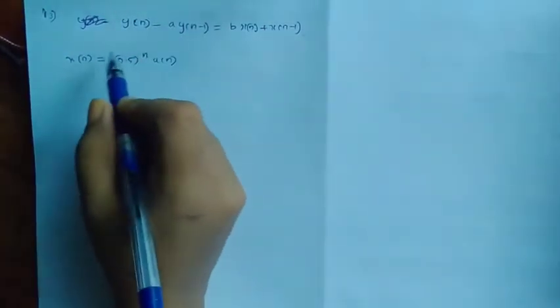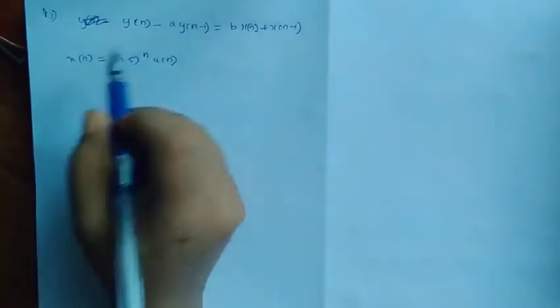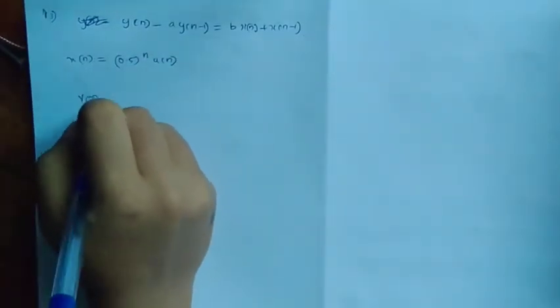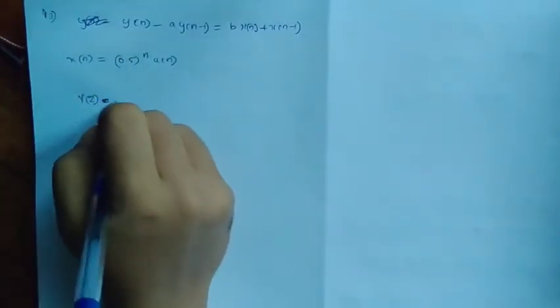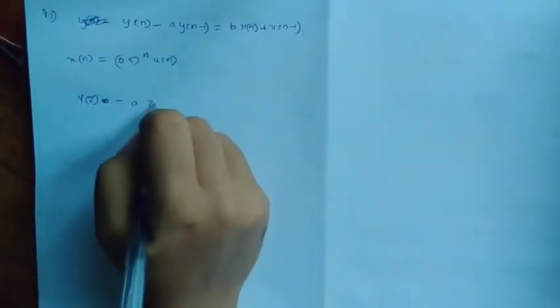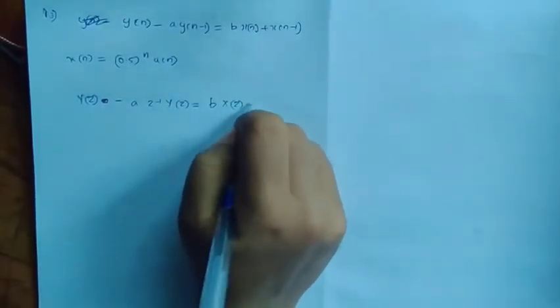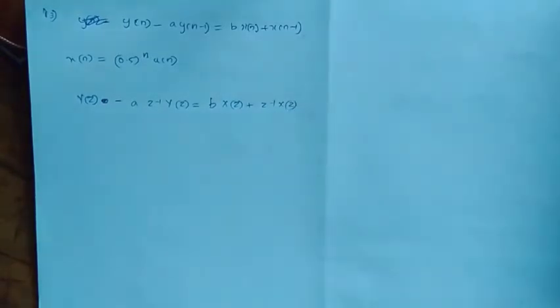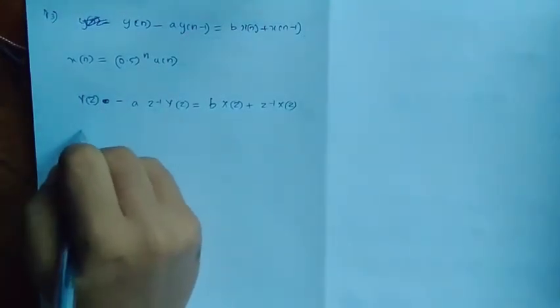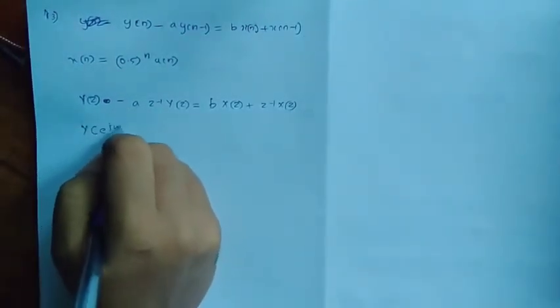So from here I'm going to take the z transform over here. So it will be Y of z minus a into z raised to minus 1 Y of z equal to b into X of z plus z raised to minus 1 X of z, right? And it has been asked to find out if it is an all pass signal, so we have to write it in the frequency term. So z will be transformed into e raised to j omega. Okay, so instead of z we are going to write e raised to j omega,